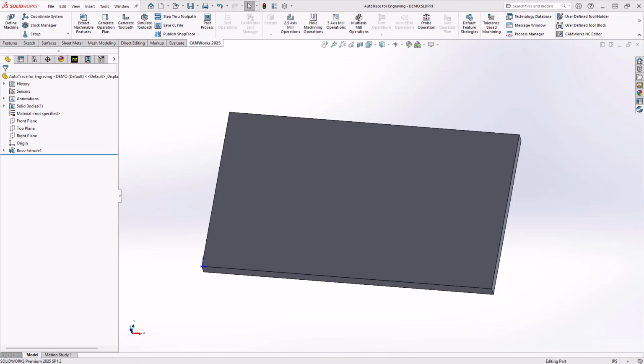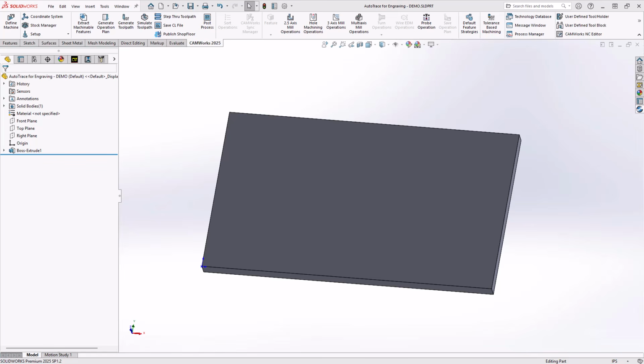I'm one of the CAM application specialists here at Autotrace Systems, and in this video we'll be talking about engraving from an image inside of CAMWorks. Because CAMWorks is fully integrated inside of SolidWorks, we can actually utilize a lot of SolidWorks functionality in our programming. The first thing we want to note is that an image in either software isn't recognized really as any